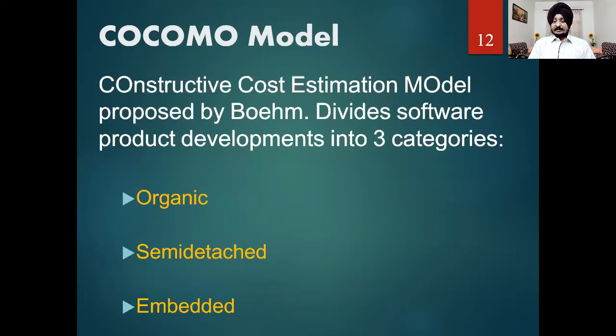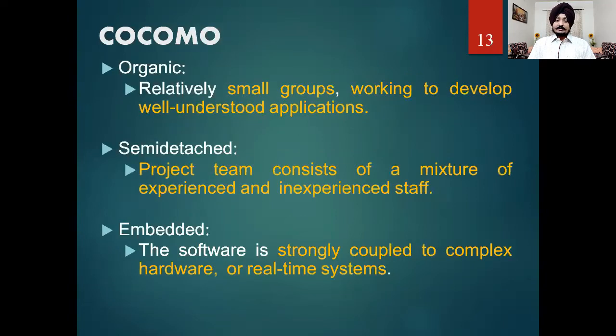This model is very, very significant, and this model has been followed by the industry standards. So in this model, basically we divide our product in three categories. One is organic, second is semi-detached, and we have embedded. So in the category of organic, we have relatively small groups, small applications, and the working style is well understood